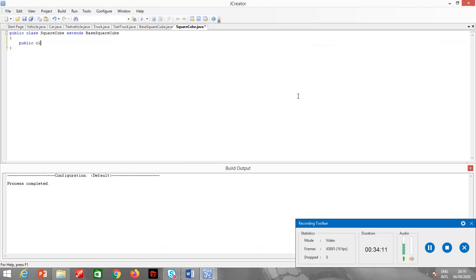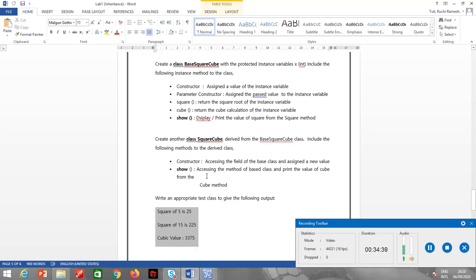So public square cube int, let me just write over here site, because I am calling the super class variable, super site. Alright, going ahead, then it must have a show method accessing the method of the base class and print the value of the cube. That means in the show I have to call the cube method.